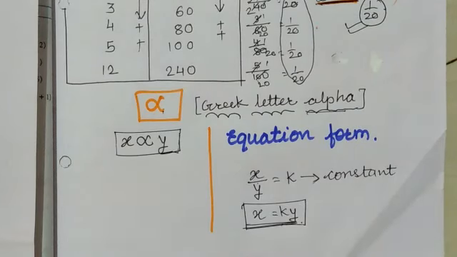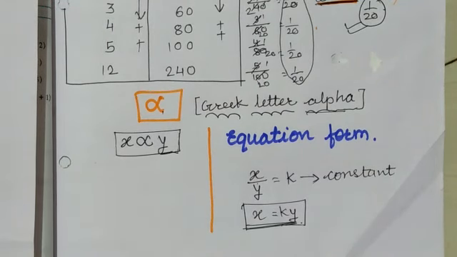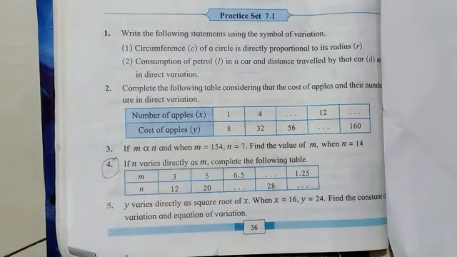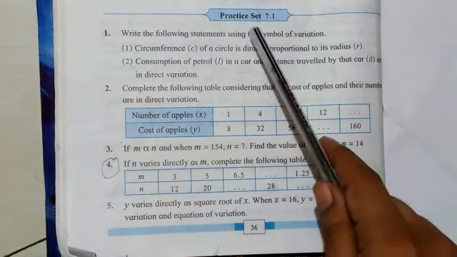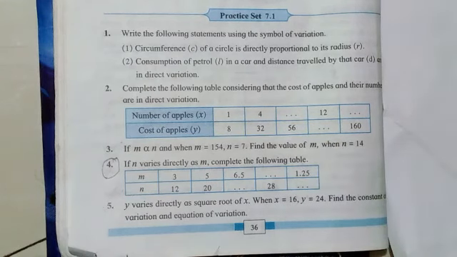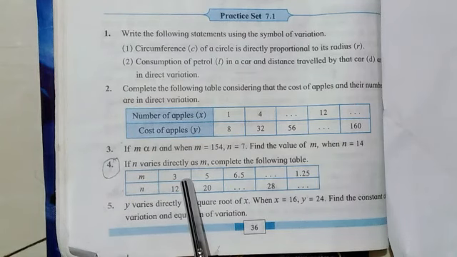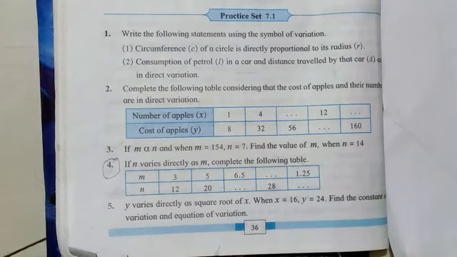which we are going to use to solve our practice set number 7.1. So let's go ahead. Now students, before going ahead, look here. This is our practice set number 7.1, which is on page number 36 and 37. Among that, the fourth question is deleted from your syllabus for the year 2020-21 due to COVID-19, which I have already explained to you. Now let's go ahead with question number 1.